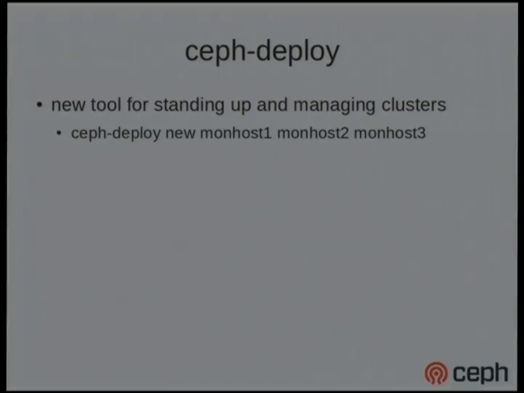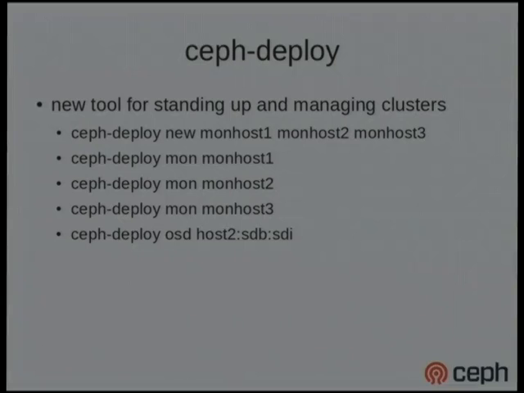So the basic idea here is that you would say, ceph-deploy new, I'm going to have a new cluster, these are going to be the monitors. That just generates a unique ID and says this is what it's going to be. And then you run a command that says, go deploy a monitor over on that host, and it'll use SSH and your pre-configured keys, and it'll go start up the daemon, and it's all ready to go. You'll start up a couple other monitors, they'll form their initial quorum,